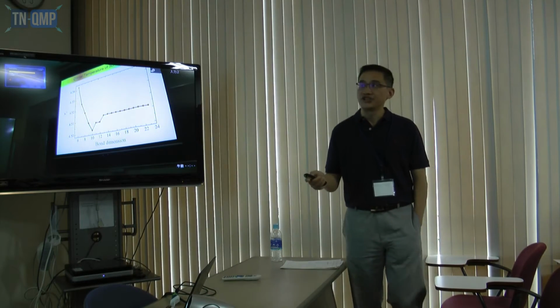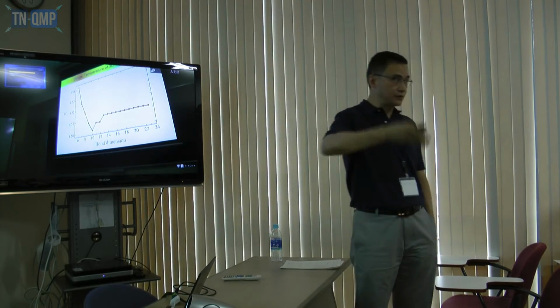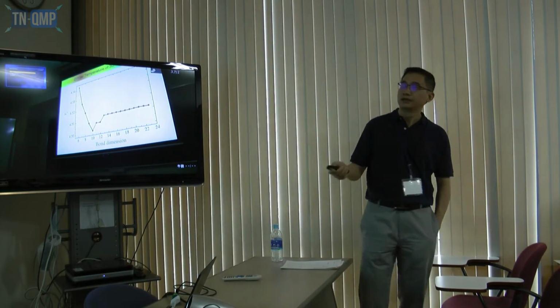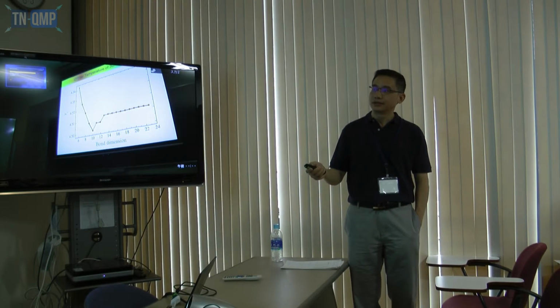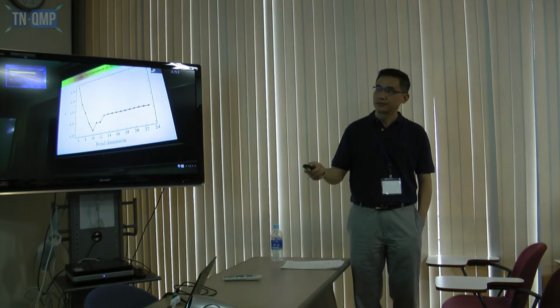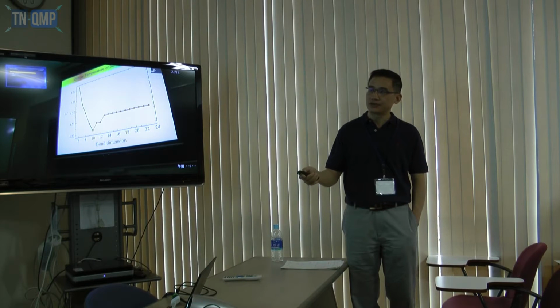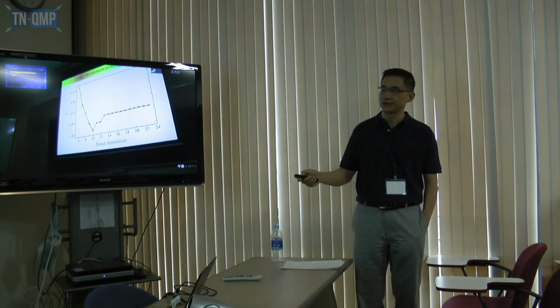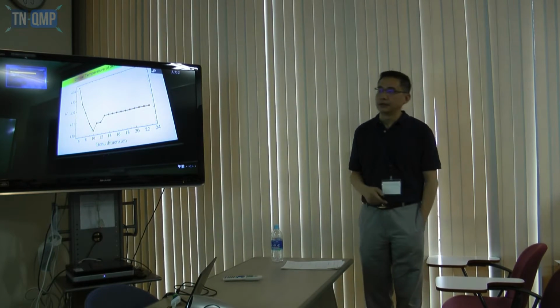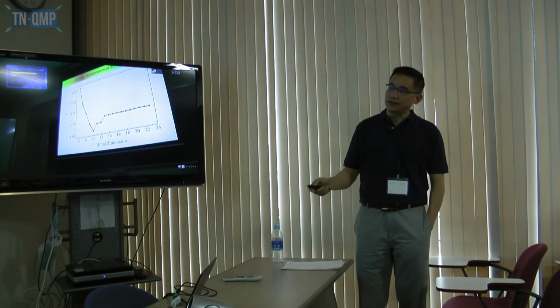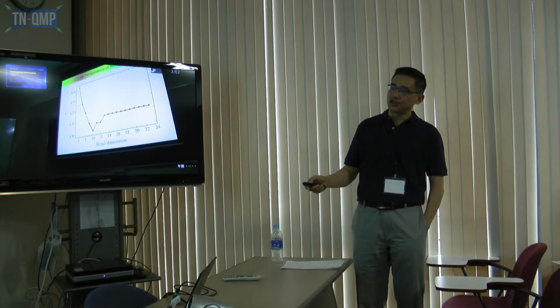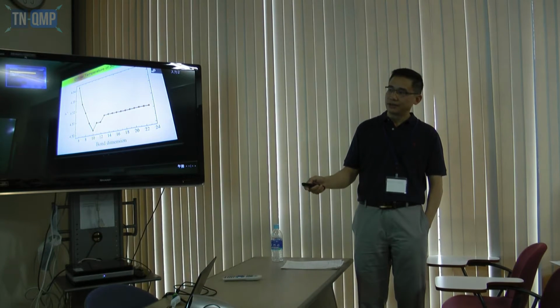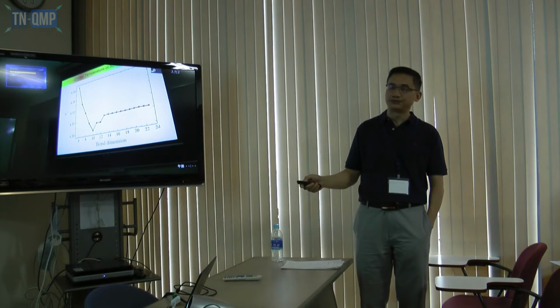This is the TC we determined from this kind of calculation. And this is from magnetization, also from specific heat, and together they give almost exactly the same results. So I just showed you the data, and at the beginning it still shows some oscillation, but eventually it almost converged.